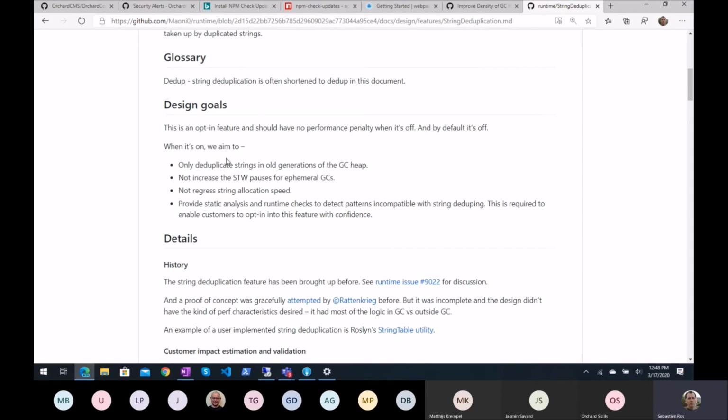And so the goal is to create a feature that will be able to find these duplicate strings and then just use one instance and change the pointers to the same string. That's safe because every string is immutable, and it's a potential good improvement because if the string is in Gen2 or LOH, it's supposed to be there for a long time still.